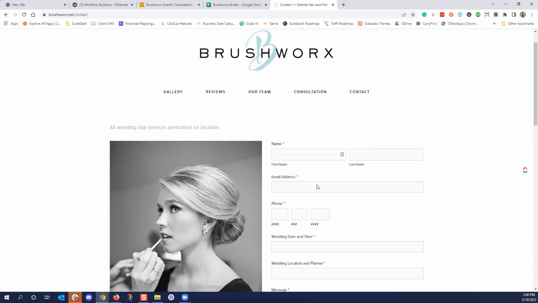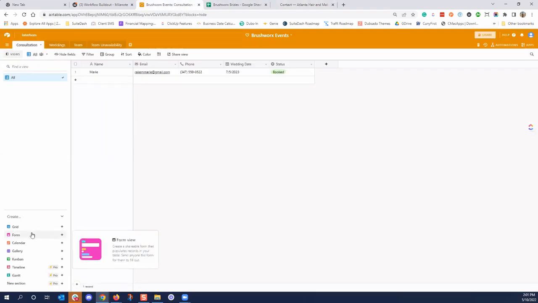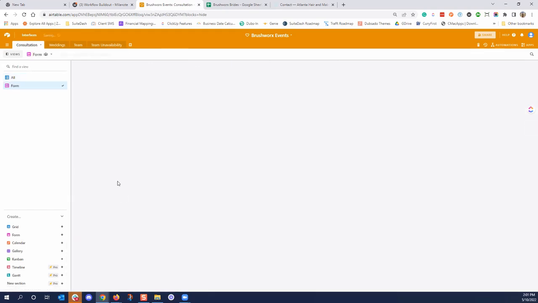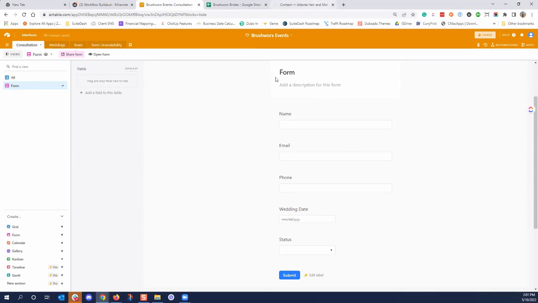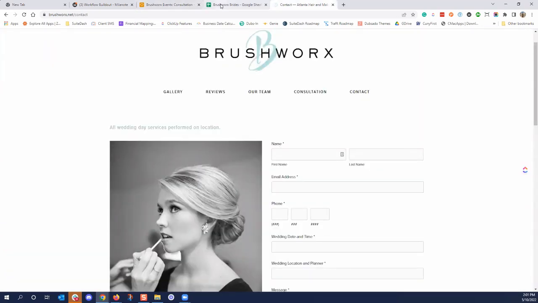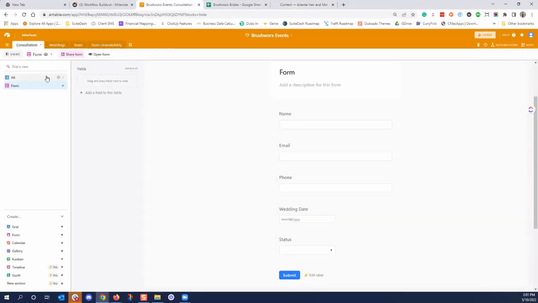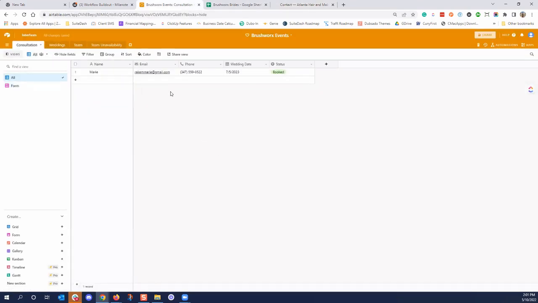So if we want a way to have everyone in one place, because Airtable has the ability to use forms, we can actually create a form here and put this on your website, adjacent to it with the same questions that you have here, and then just have that added here. And then this will be the place where all the consultations will be added instead, so that you're able to get all that information. This can also be sent to your email at the same time. So as they fill out the form, it'll send a notification to your email.